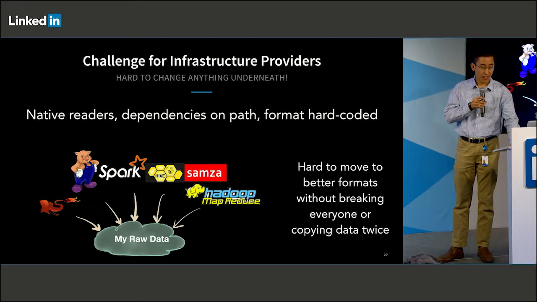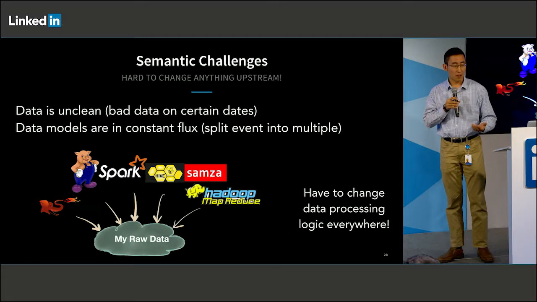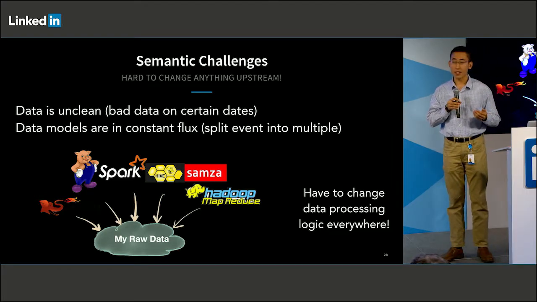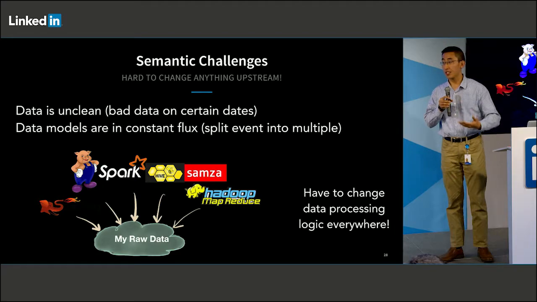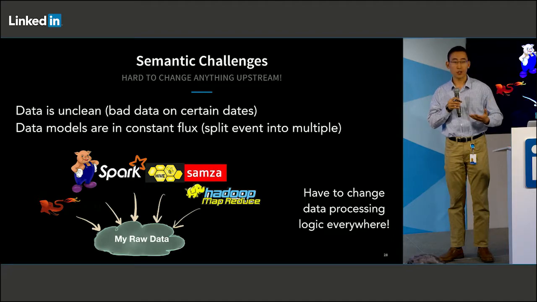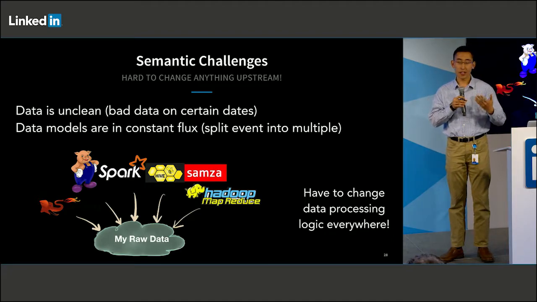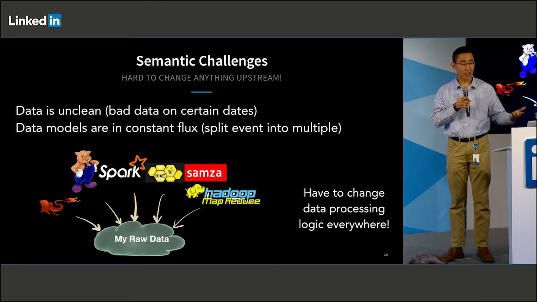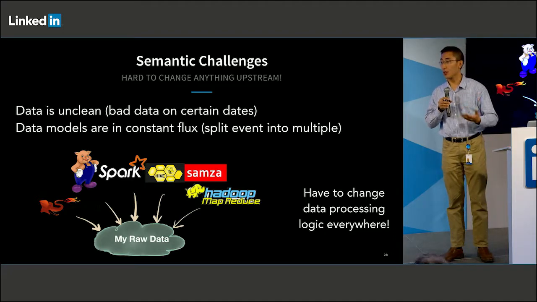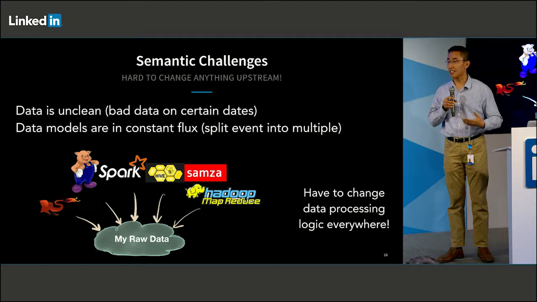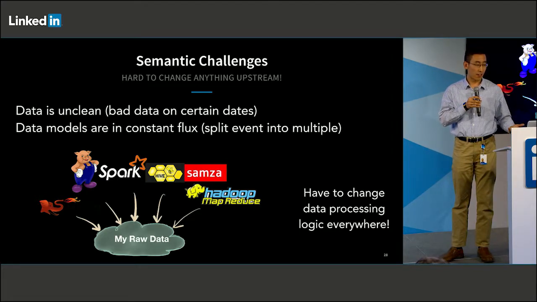But this direct dependency also poses some challenges for the analysts and the users themselves. As you guys know, business needs change and data models evolve. And tomorrow, we may introduce version 2 of some ad click event or some page view event. And then there are hundreds to thousands of scripts that you need to update to include these new data sets. And doing these migrations is a pain and is a big tax on a company at the scale of LinkedIn.